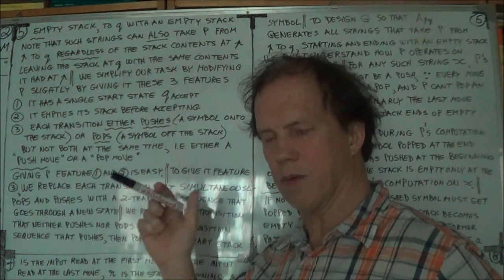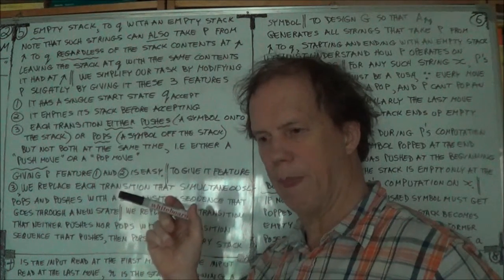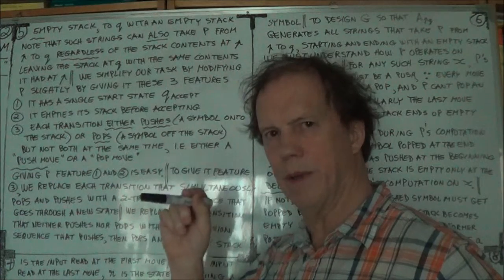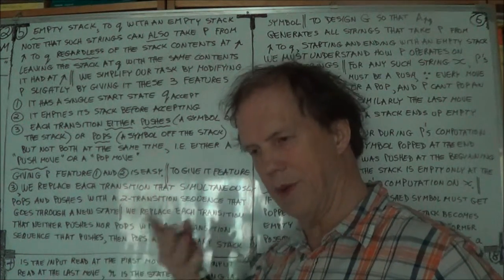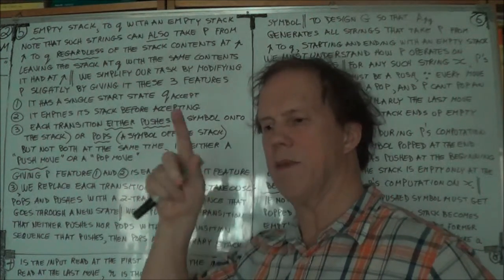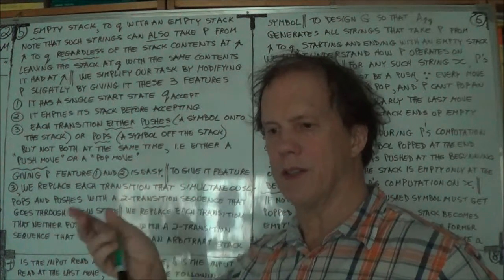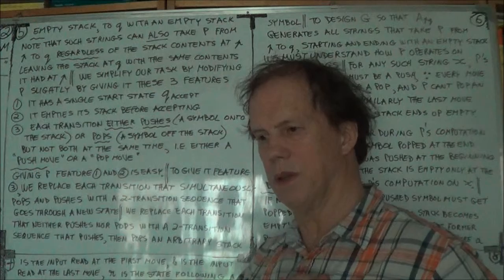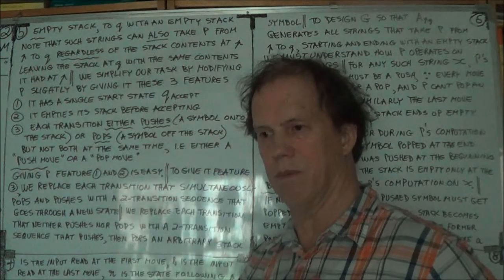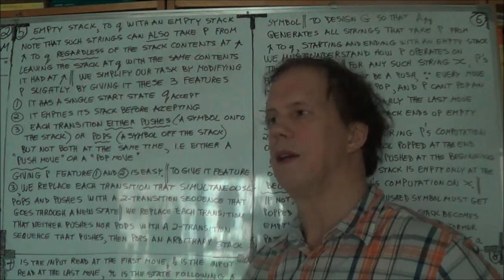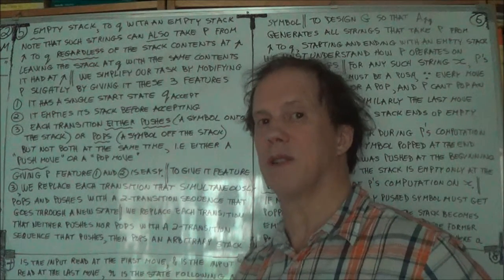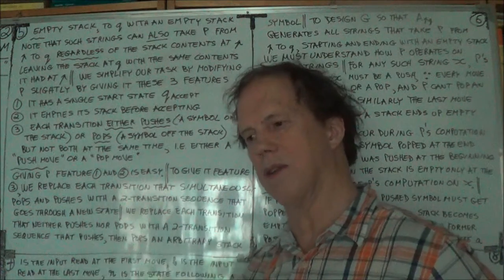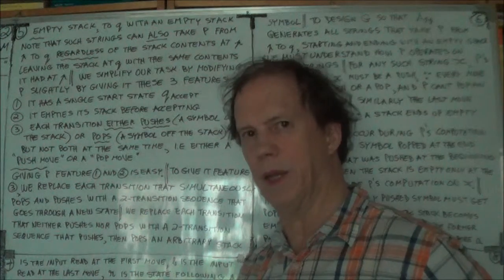If you're in state little p and you had something on the stack, the strings that A PQ generates would take the automaton P to state q with the same contents on the stack as it had when it was in state little p. Okay,